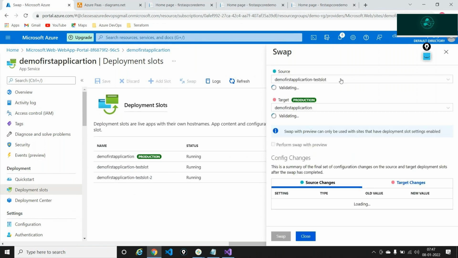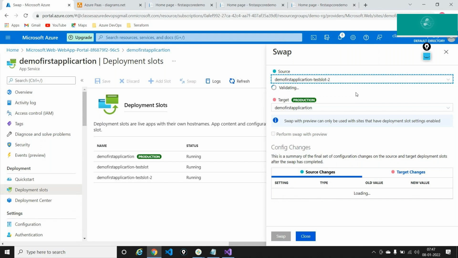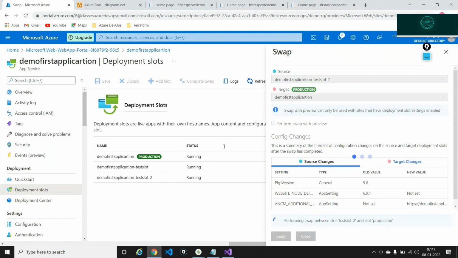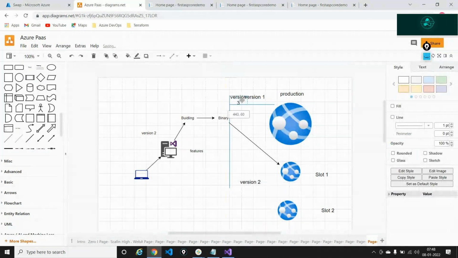The source right now is the test slot. I can say this test slot 2, target is the same. I'll say swap. So right now I am getting version 3 into my production, and I'm taking version 1 and putting it into, let's say, the test slot 2.